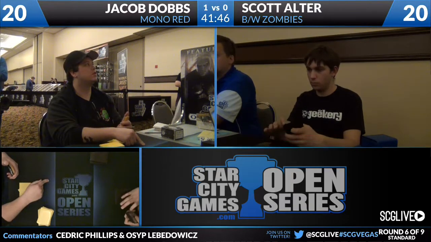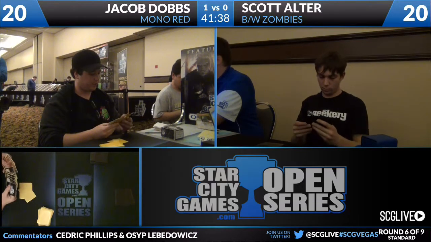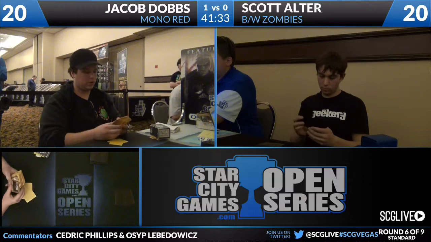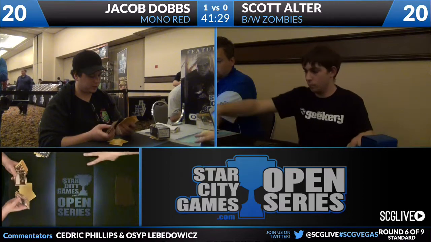Taking a look at Scott's sideboard here from the Black-White Zombies deck, you're going to find another copy of Sorin, Lord of Innistrad here, which I actually think is probably pretty good, especially because he is on the play here, so it's realistic to cast this on turn 4 and have it interact with the opponent. 2 copies of Liliana the Veil. You're also going to find 2 copies of Oblivion Ring, 2 copies of Mutilate, and then 3 copies of Duress